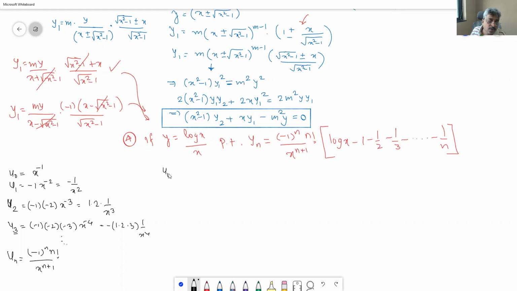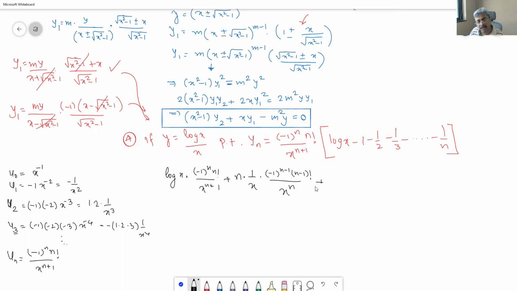or maybe let us do it for log x as u0. So log x is u0 into the nth derivative of 1 upon x, which is minus 1 raised to n factorial upon x raised to n plus 1, plus n choose 1, that is n, into the first derivative of log x, that is 1 upon x, into the n minus 1th derivative of 1 upon x, which is minus 1 raised to n minus 1 into n minus 1 factorial divided by x raised to n,